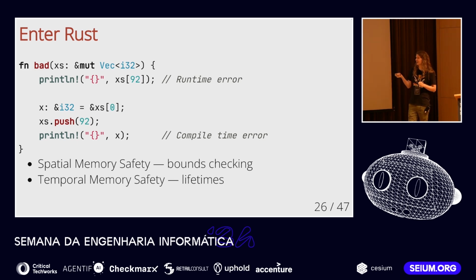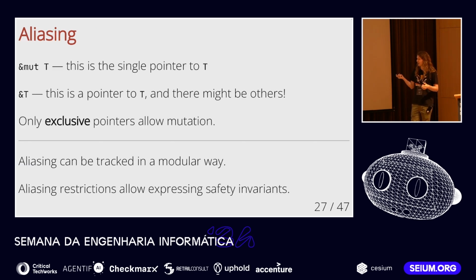The interesting case happens here. So for this temporal memory safety issue, Rust manages to catch the error at compile time. This code doesn't compile. And this is really the big idea behind Rust. Again, I don't have a lot of time to explain how exactly Rust tracks memory safety at compile time, but I want to share just a single core idea. And the idea is this.